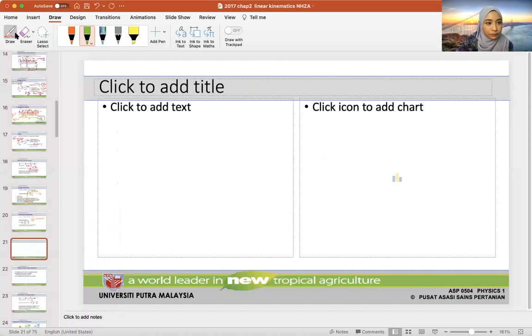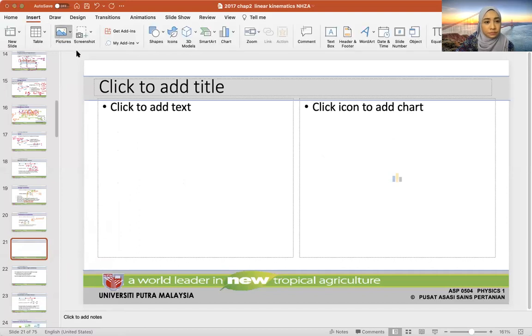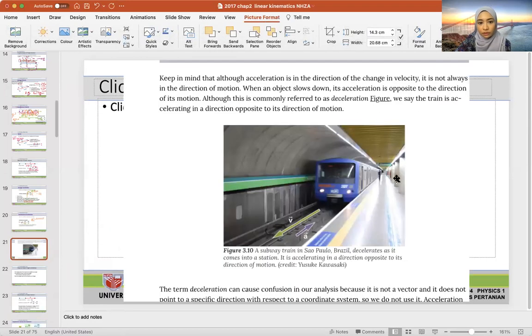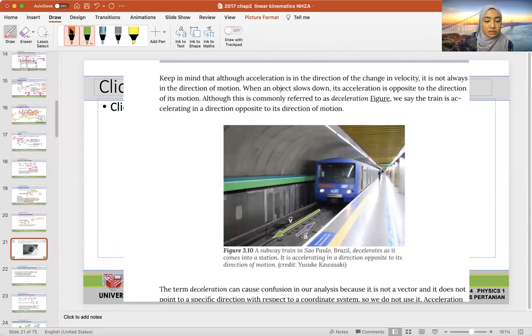Okay, insert. Okay, so I'm inserting this picture of a train. So let's take a look at this train. Kita nak cakap pasal acceleration. So this train, I'm sure you guys have dah pernah naik train sebelum ni, and you know that